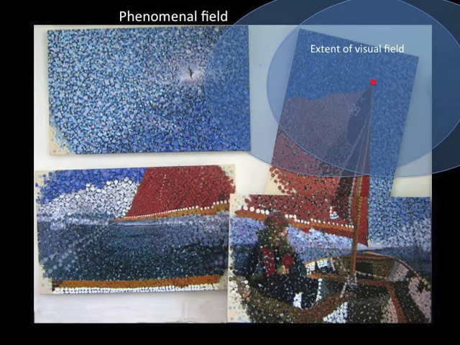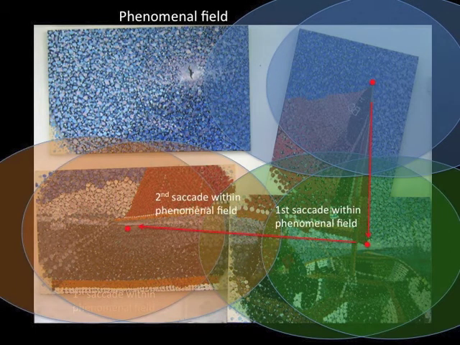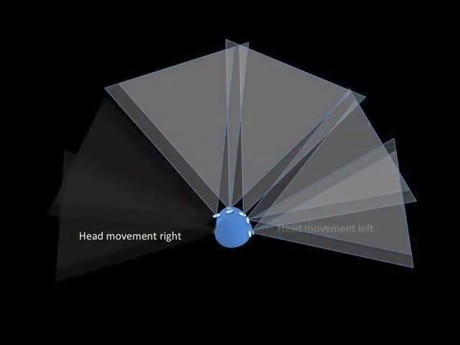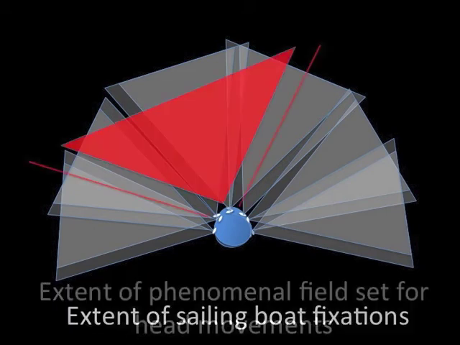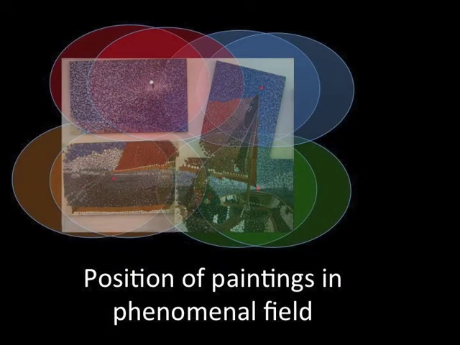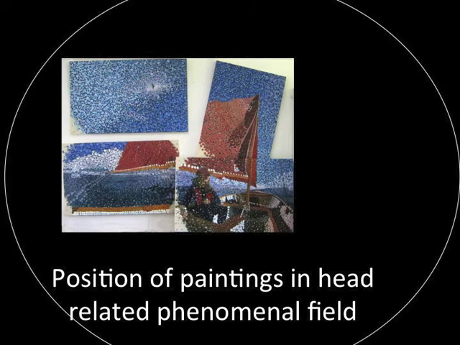With help from a former painting, we can explore the extents related to head movements. There are 4 fixations made here. We can then reduce the 4 associated visual fields in order that they are all included in the same frame. However, this is not the correct location for the paintings with respect to phenomenal field. The 4 fixations take place only in a portion of phenomenal field, so their correct position would be something like this on a screen. Notice, of course, the screen should really be circular or slightly elliptical. There are no frames in Vision, the square frame being essentially a picture space device.